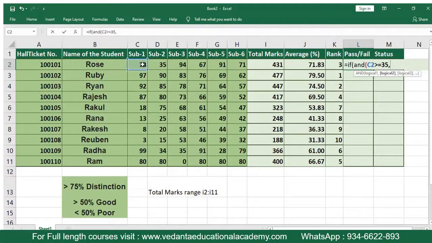Comma. What is the logical test 2? Again, subject 2 greater than or equal to 35, comma. Logical test 3, select the subject,